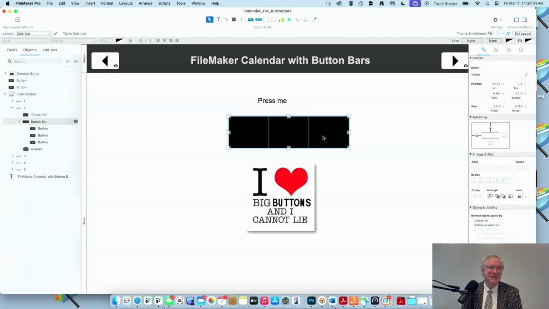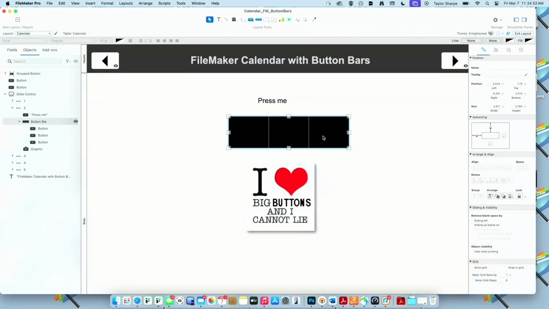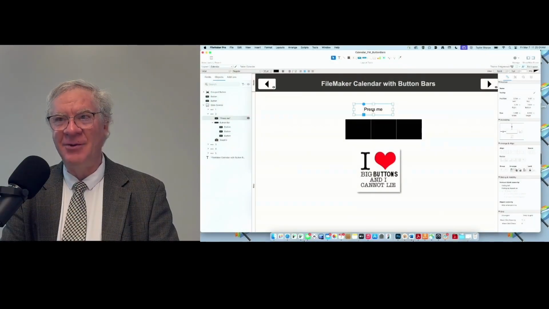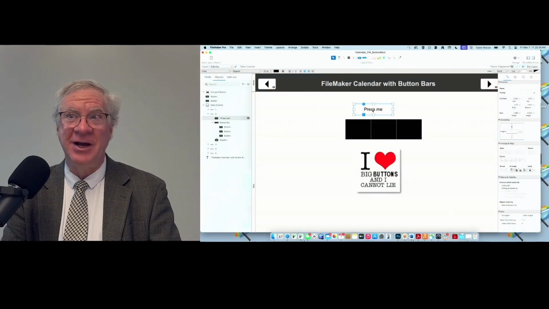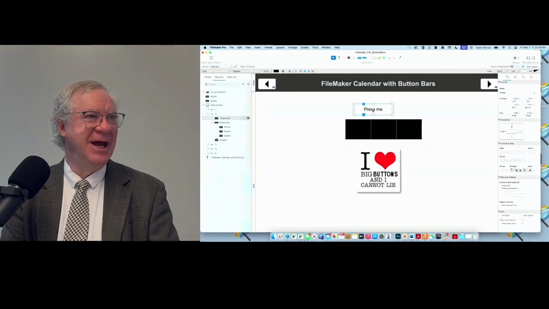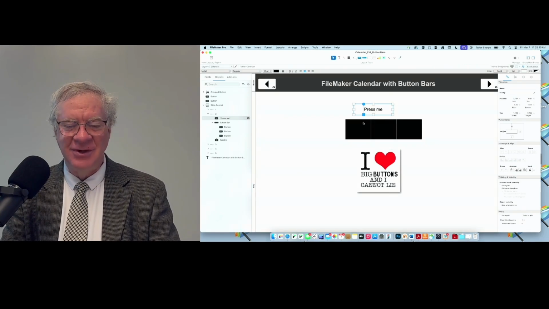Okay, the real advantage is we have this calculation engine in FileMaker, and we're so used to doing calculations on fields, conditionals, hides. If you're a FileMaker developer, you're comfortable with a calculation engine. Well, the neat thing about button bars is it brings the calculation engine to the button bar. So before, if I wanted this to be on and then toggle it off, I'd have to make a whole other button and toggle them back and forth, do hides and things.